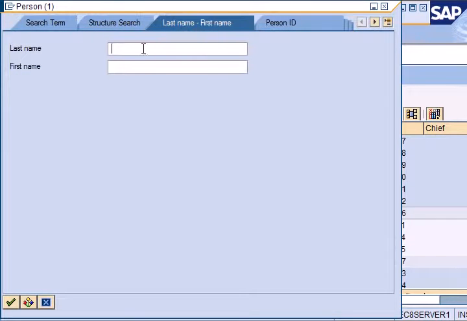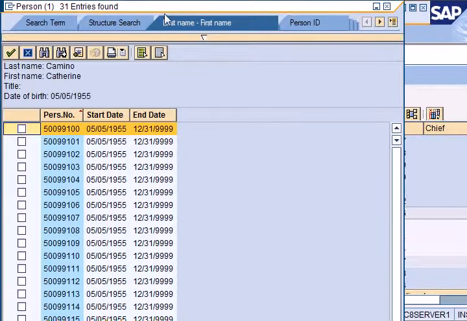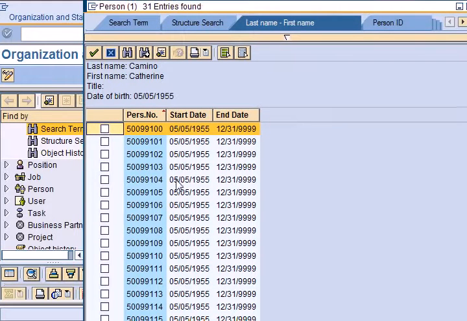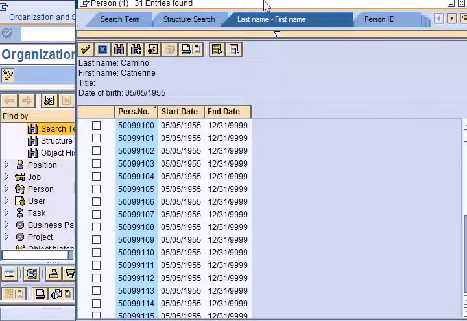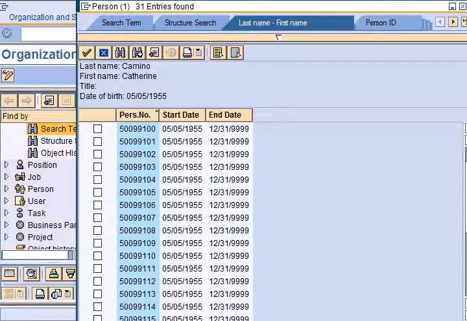So the last name is Camino and the first name is Catherine, and I press enter and I see a big list. Now this is typical of an IDES system. I need to choose the one ending with 16 because that's my group assignment. Let me just make it more clear. Yep, so 16 is here, and I select this and I press enter,